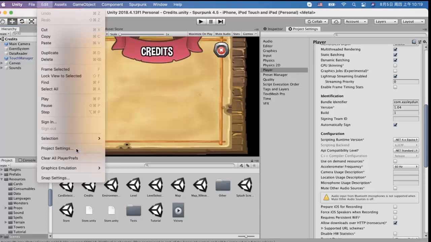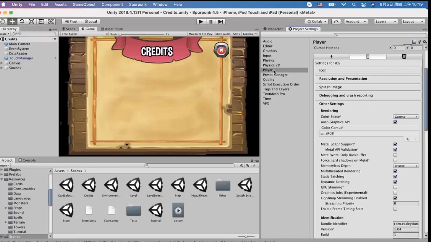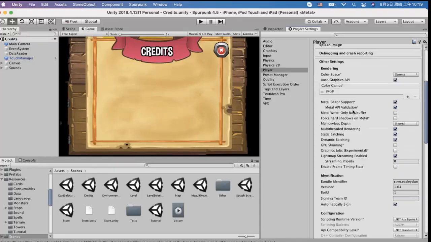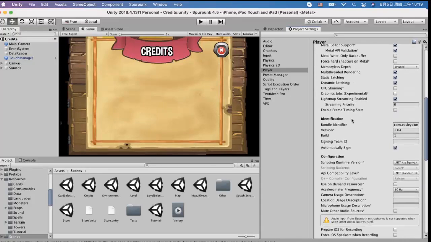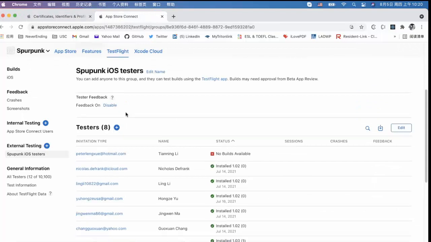So go to Edit, Project Settings, and this window will pop up anywhere on your screen. Go to Player, click on this phone icon, and go to Other Settings. And here you will find a place to put your bundle identifier, version, and build number. So for bundle identifier, you want to put com.isleydon.spurpunk. And for version, you want to actually check on your developer's website before